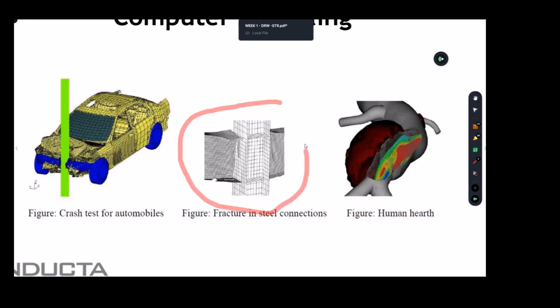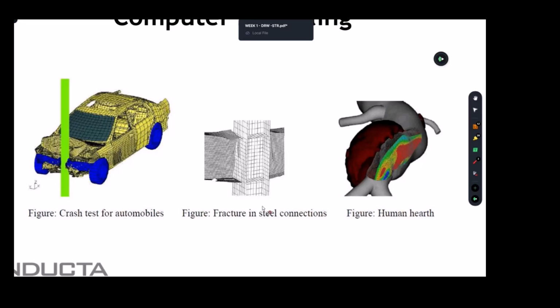Is it used to simulate and model? So this was just connections between a column, that's the column, and this is a beam. Engineers can determine how things are going to react after they are heavily loaded, at the connection. So these kinds of investigations or designs cannot be done by software like